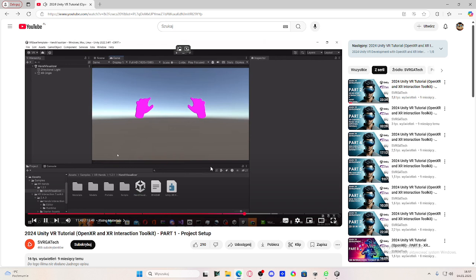the hands have a pinkish material. So this basically means that the material cannot be rendered